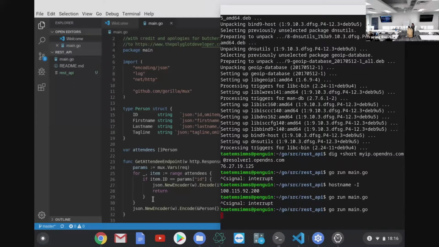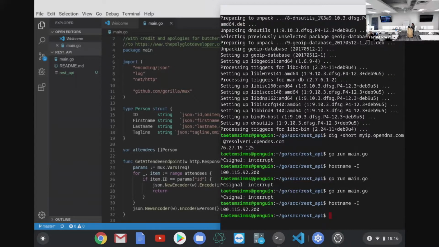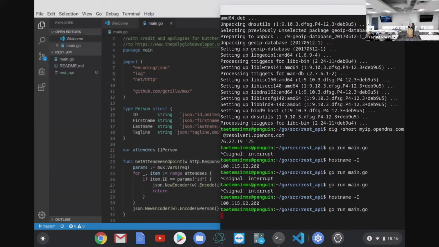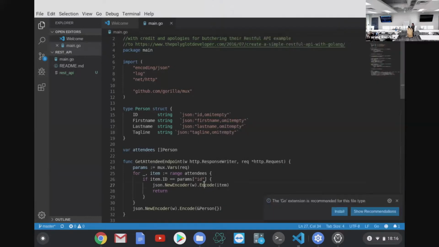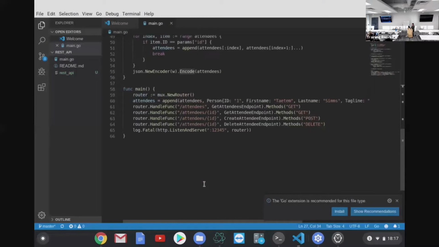Okay. So this is a Go run. You've probably seen that before. When I go to that, oh shoot, I need to figure out what my host name is on this in order to see it. So hostname -I, still have the same host name. So now I'm going to run go run main.go, and I'm going to call this REST API I have here,